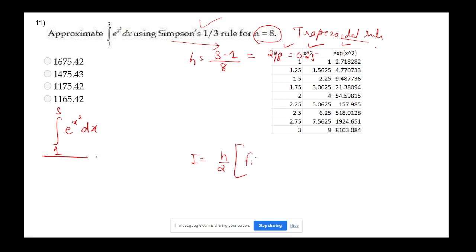So it will be f1, so f1 is nothing but 2.7 plus 8103.08 plus 2 into all the rest of the values, 4.77 plus up to 1924.65. So if you solve this, the answer will turn out to be 1475.43. So you can solve it on your own. The answer should be